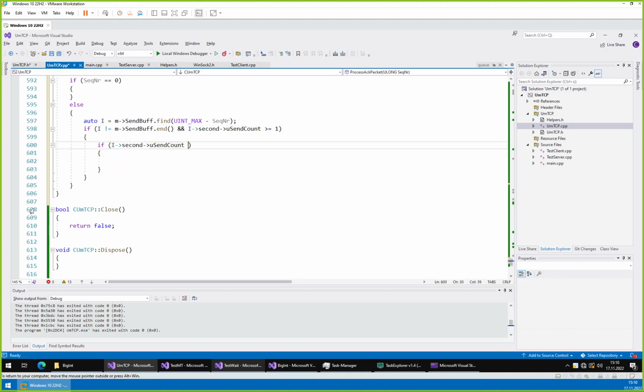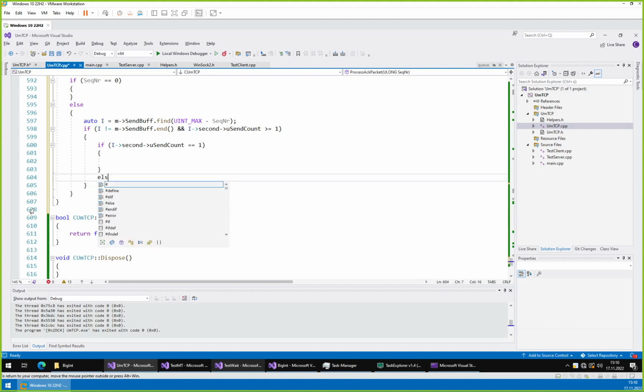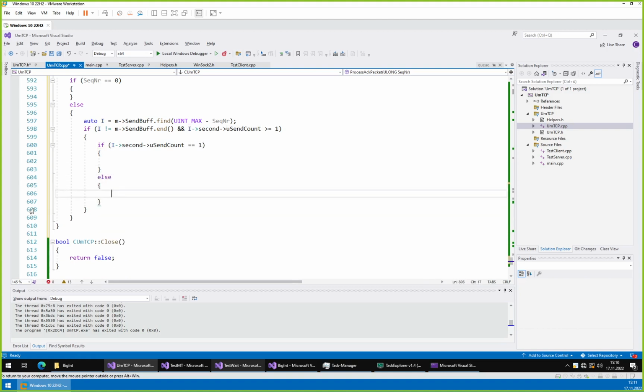Now if it is 1, so if it's sent once, then everything is fine. If it was sent more than once, then it means that we had some package loss, in which case we will need to change something with how many packets we are sending out per unit time. Okay, so if it was 1, we can do a few things. So we had here this send time,